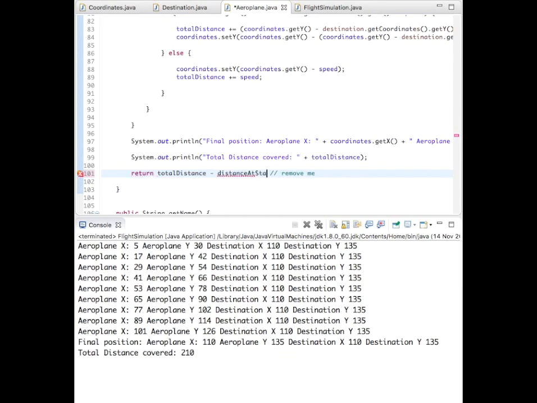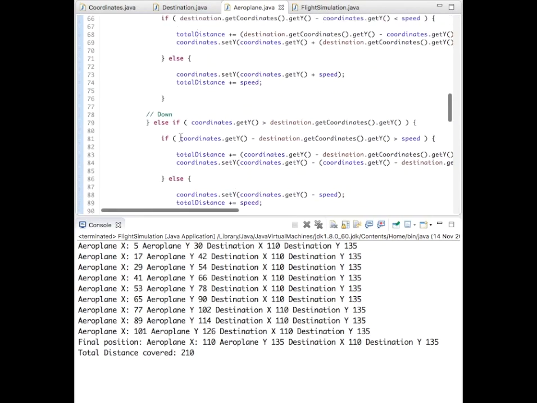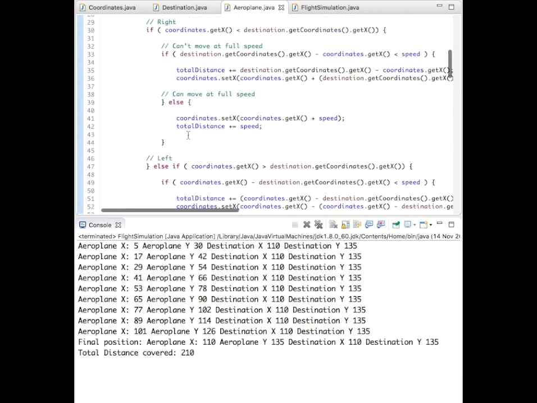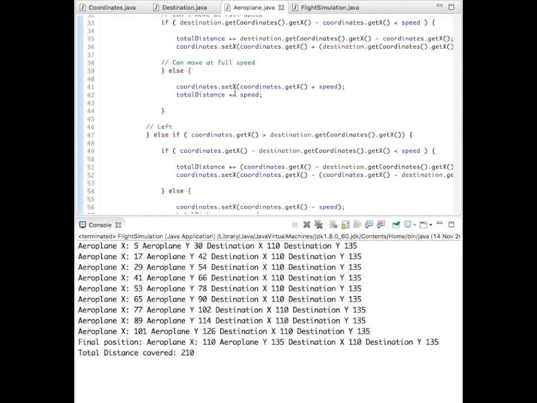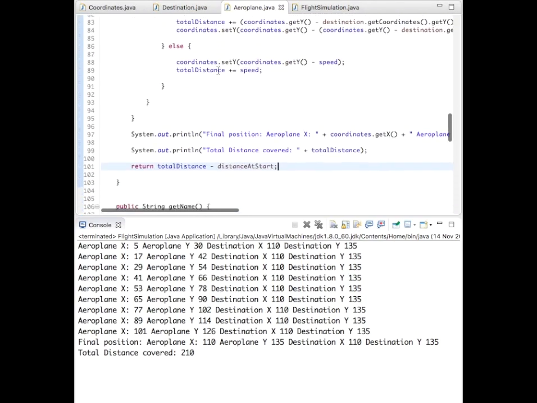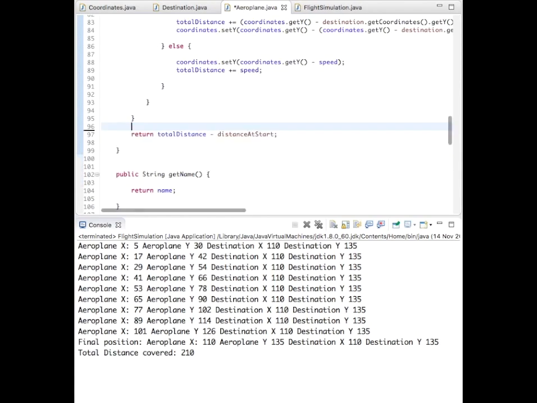So we get the difference between what my total distance was at the beginning, and what it increased by through the method. It's that change which gives us the single flight distance, right? So I log the total distance here, and I increase it in some way, and then I log it again, and then I subtract the first from the second and find the difference between them, so I know how far that single flight has been. Okay,